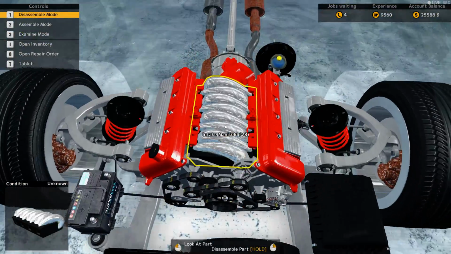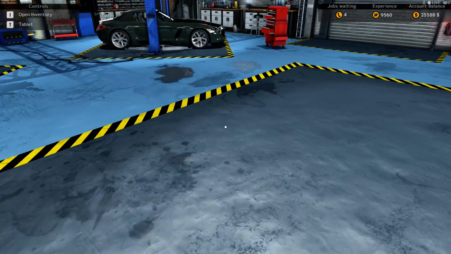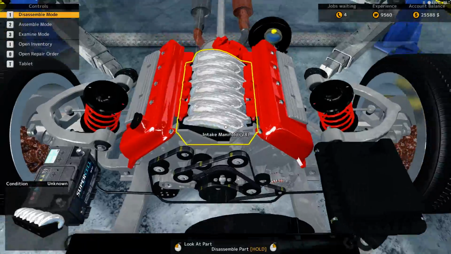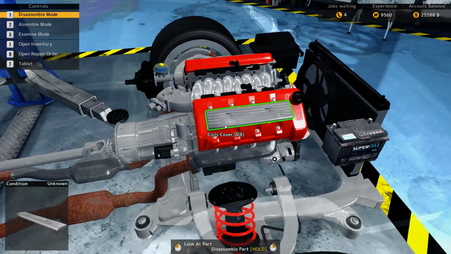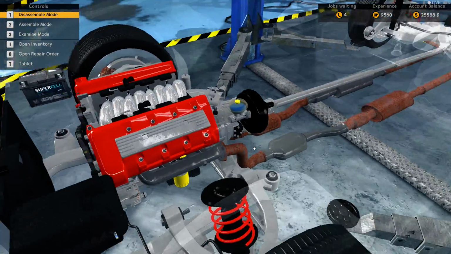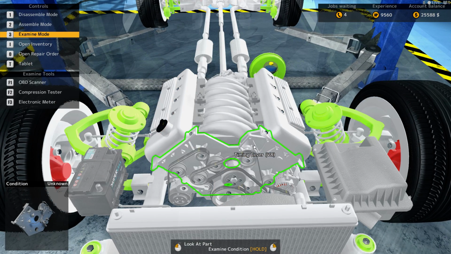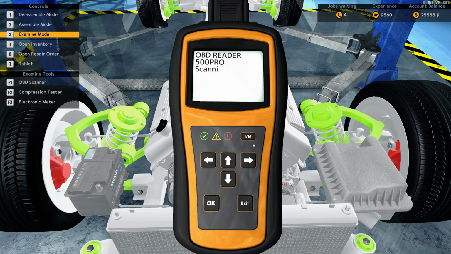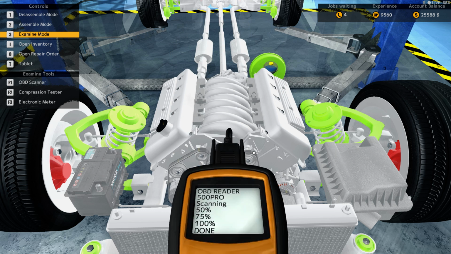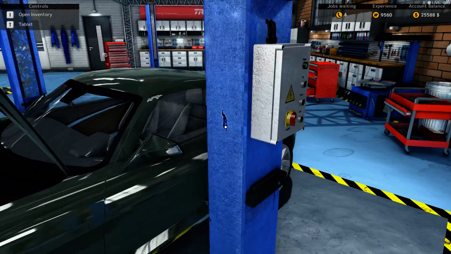Take a quick look under the hood. I don't know where the ABS module is on this car, so we'll just move it onto the lifter. Usually there's an ABS module. Maybe there's not since this is a high-performance car. Maybe I'm just missing it. Well, let's see here. Let's OBD it just to make sure I'm not missing an ABS module somewhere. Cat converter's gone. That's not exactly the most useful thing to know, but alright. Didn't see one, so...